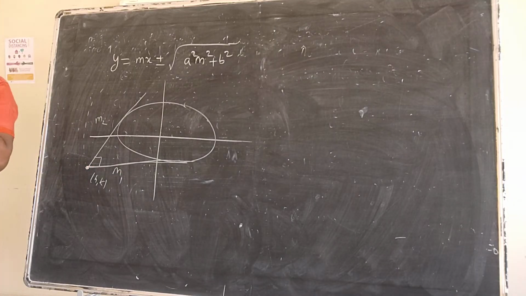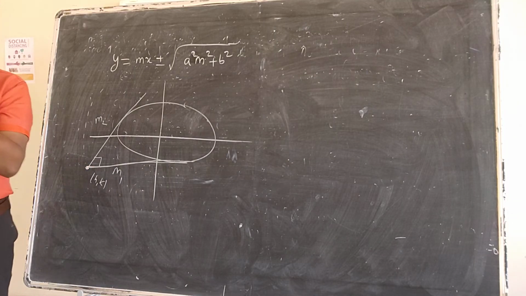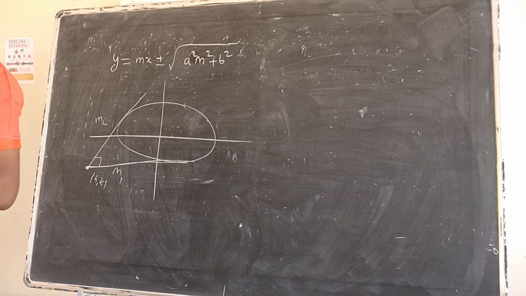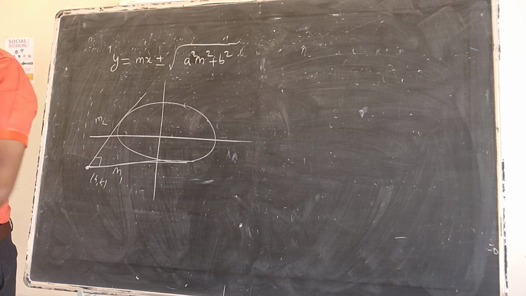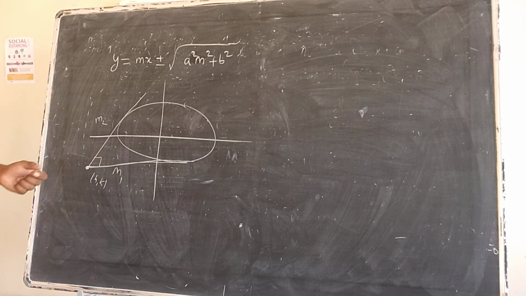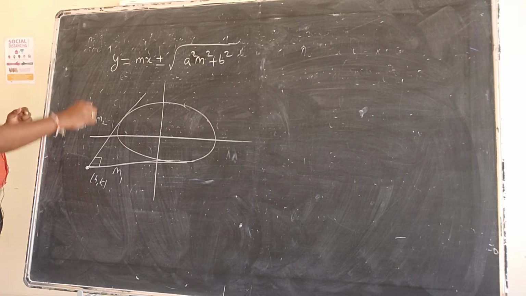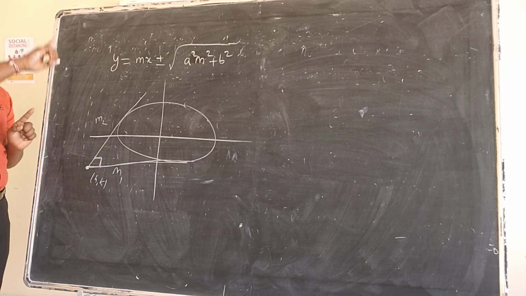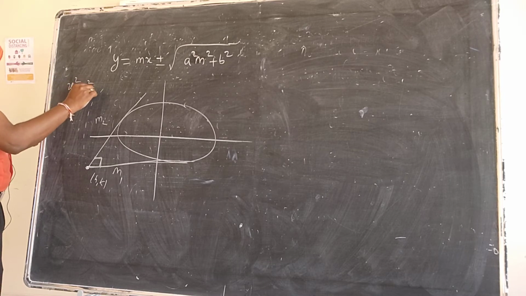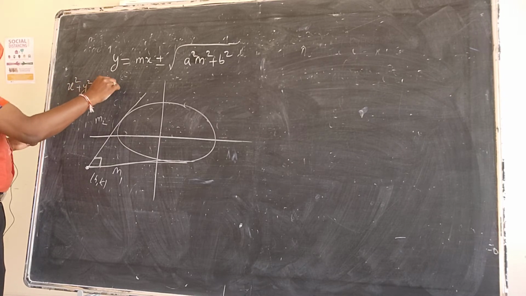I am going to derive the director circle formula. If you want, I will tell directly. In ellipse, director circle formula is x square plus y square equal to a square plus b square. If you remember, over. But how you got, I am telling you this. If you remember the director circle, the problem based on director circle we can solve in ellipse. So the director circle formula, directly I am telling you, which makes 90 degrees, is x square plus y square is equal to a square plus b square.